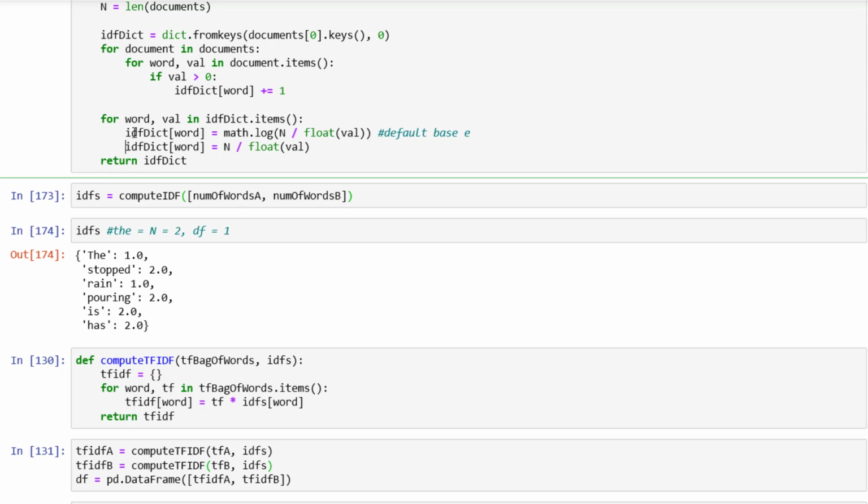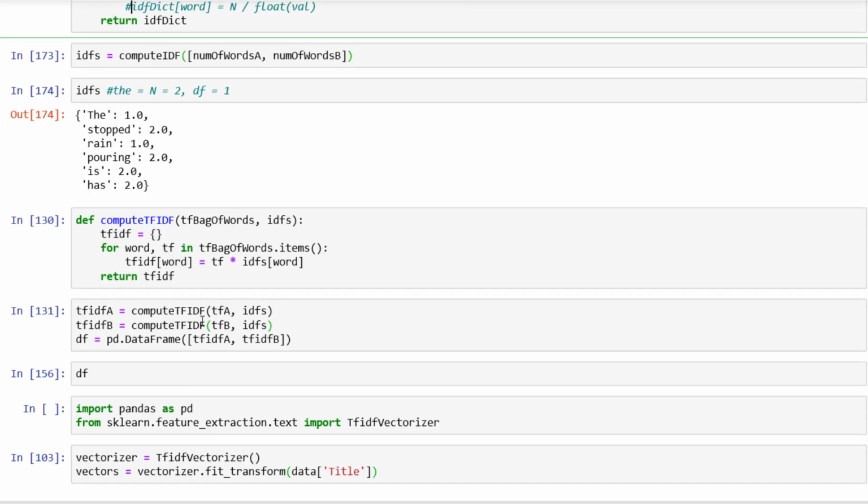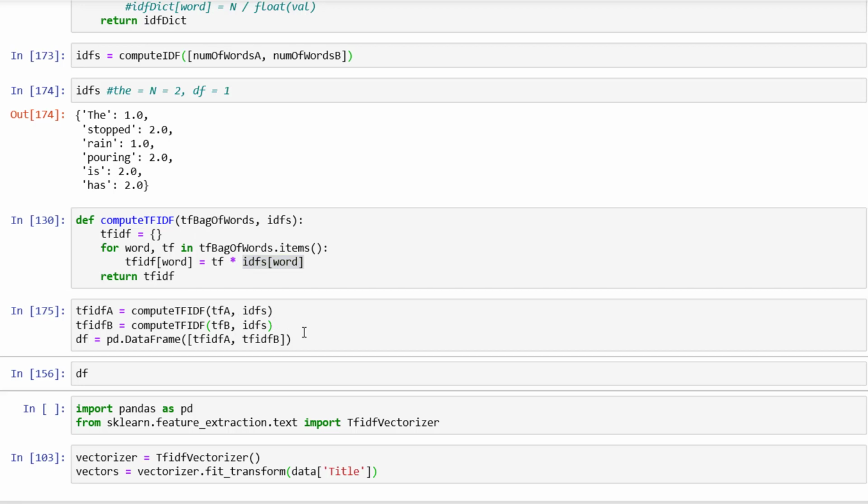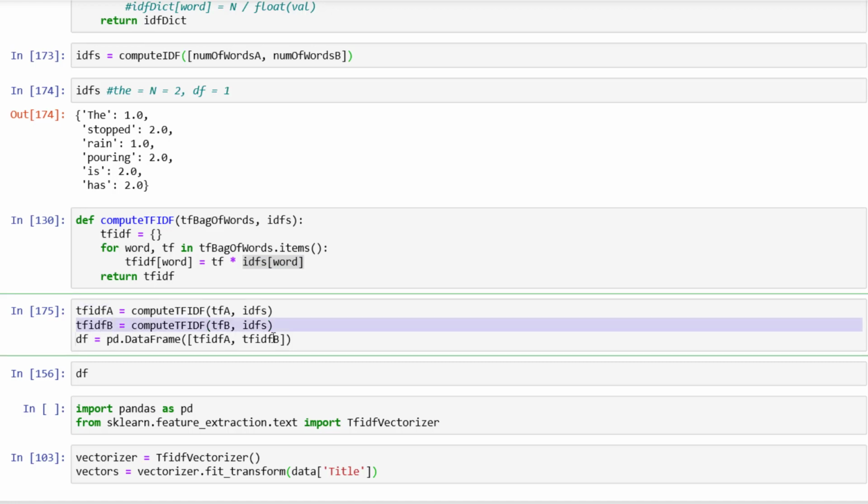So now that I have both term frequency and inverse document frequency, what I am going to do is compute the TF-IDF, which is what I am doing here. I am multiplying the TF, term frequency, into the inverse document frequency of that word, and similarly I am passing the values here, and when I call the function,